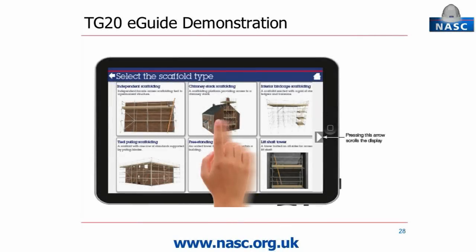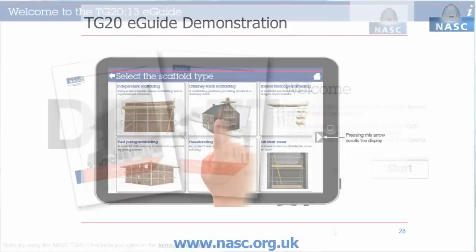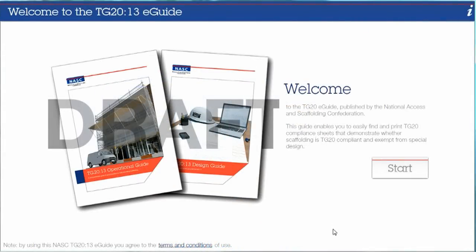This is a short demonstration of the National Access and Scaffolding Confederation's TG20 eGuide. The main purpose of the TG20 eGuide software is for producing compliance sheets. Chapter 3 of the TG20 operational guide contains compliance sheets for a range of common tube and fitting scaffolds, whereas